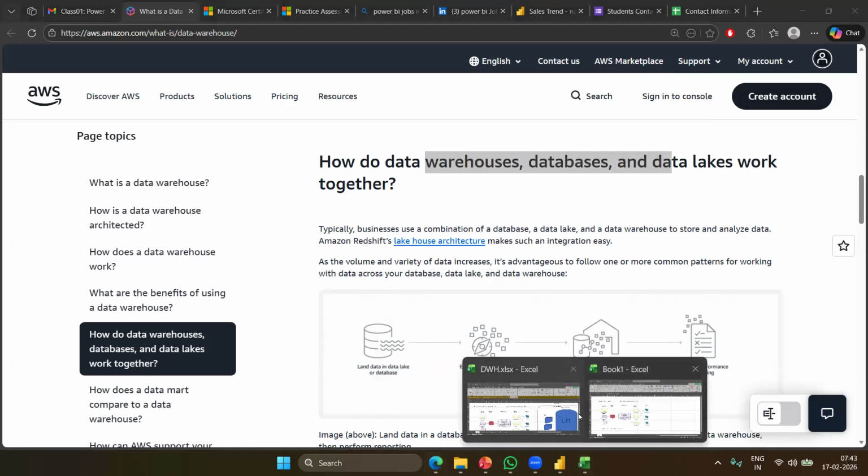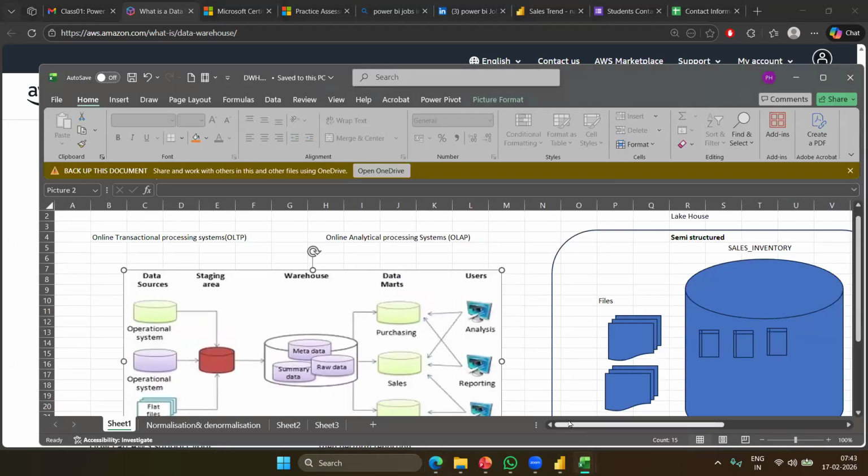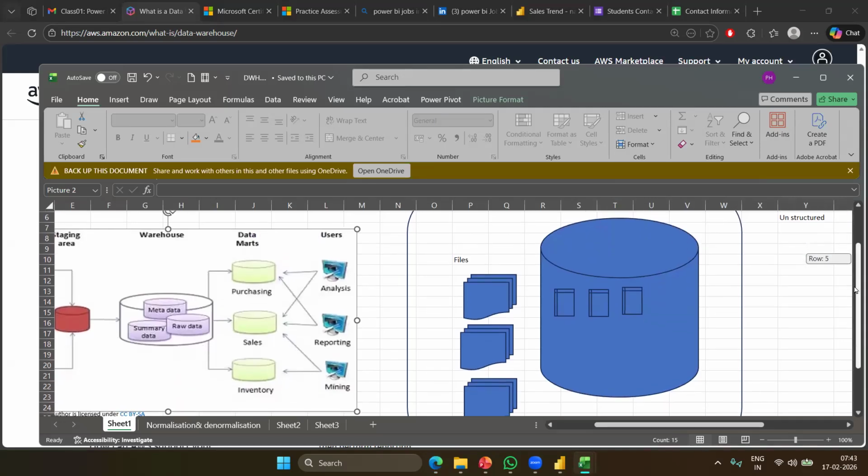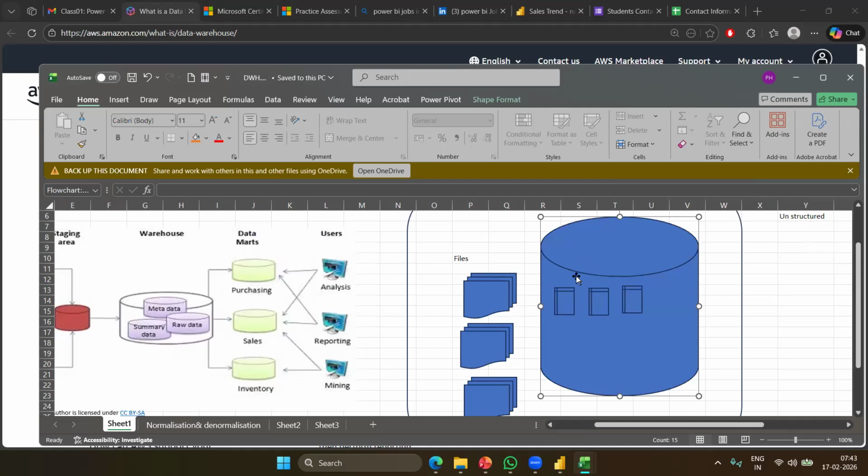I have some images properly portrayed here. So if you see here, a database consists of tables. Like a house has some rooms, and each room has its own purpose, like a living room, kitchen, bedroom. Same thing, we store the customer data, products data, sales data, all those things.